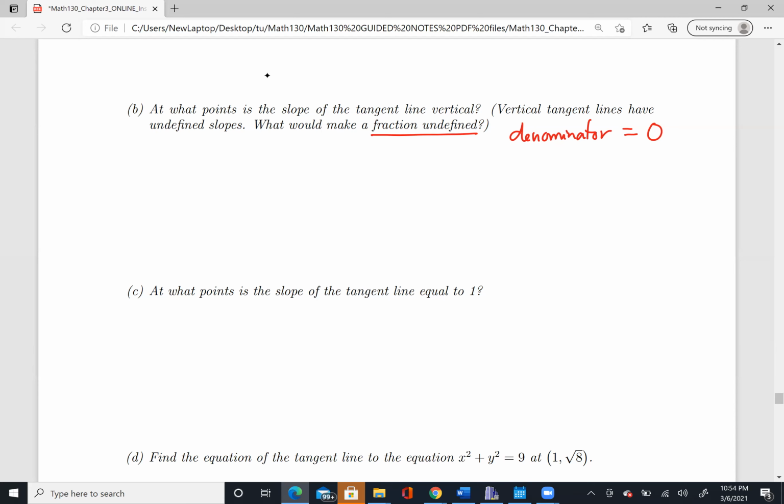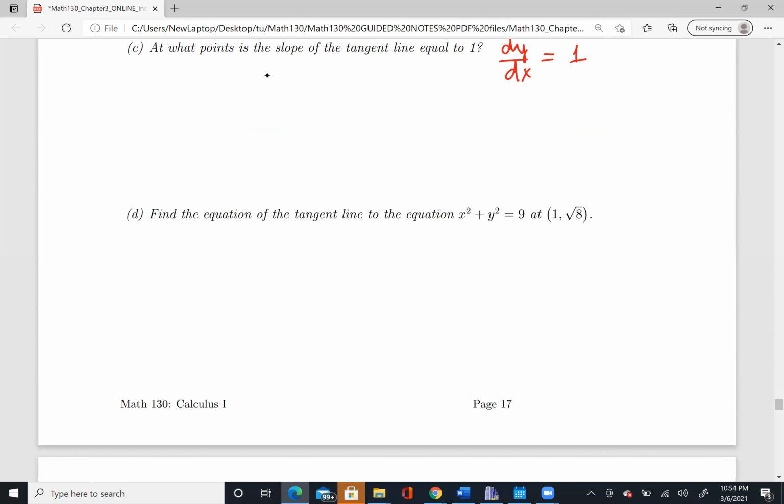And now, at what point is the slope of the tangent line equal to 1? Again, this is going to give you dy/dx equal to 1, and you're going to try to solve for x and y in this case. So we're going to go to part D over here